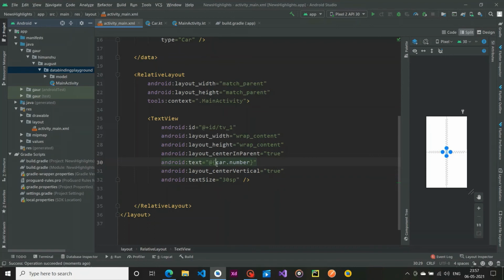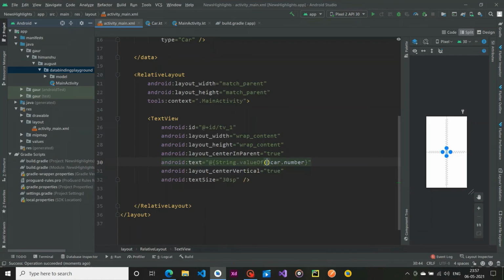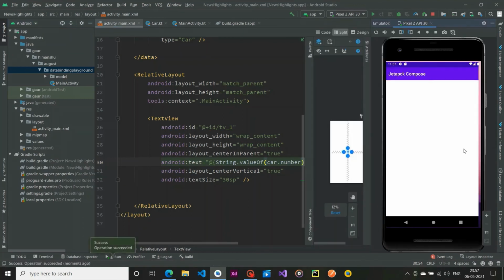So in order to use an integer in our text, we have String, and it provides a function, or method, valueOf, in which we pass any type of data type and it will convert that data type into a string. So right now when I run our application, it will run and our number is showing. Yes, you can see it is working very well.